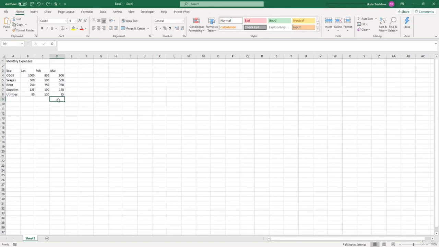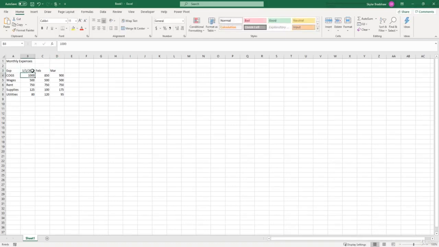Okay, so in this video we are going to be talking about how to format date values. Currently in our column headings we have January, February, March, and as of right now these are text values. To change these text values to date values, we need to insert a date in a date format so Excel knows that we are trying to have a date value instead of a text value. So we're going to click in cell B3 in the January column and type